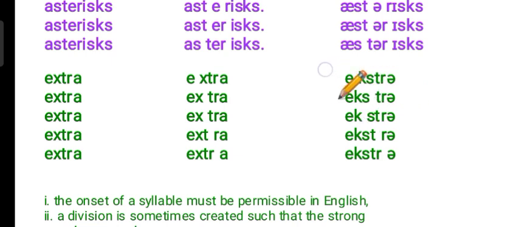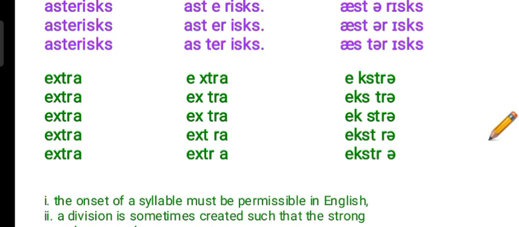Okay, and among these 2 we cannot decide which one is the most correct. So we can say that both of them are correct, and we can divide the whole extra into both of these possible divisions, or these types of beats. Okay, so it became clear that a syllable contains a sound, or a group of sounds, or it is a unit of sounds, and it contains a vowel sound.